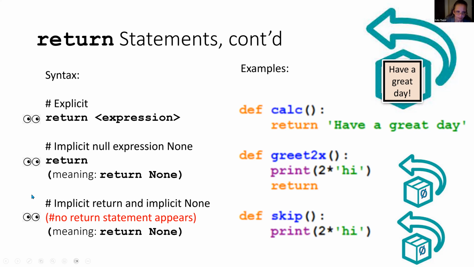Then we come over here and implicit return and implicit none. This is the most difficult one. And because your eyes are oogling the function, you say, oh, it didn't return anything, Professor Thayer. There's no return here, right? Well, that's not true. And the reason is because when you stop indenting,